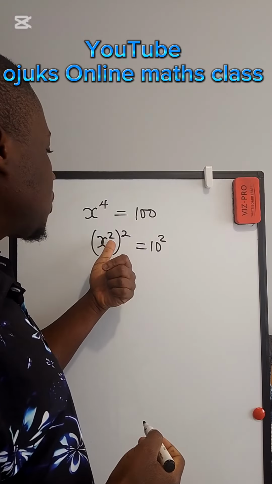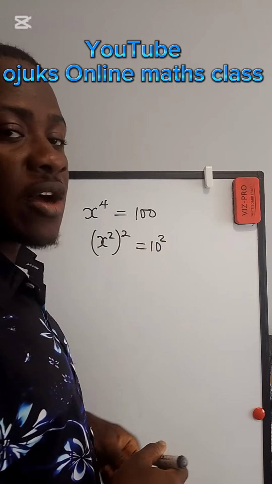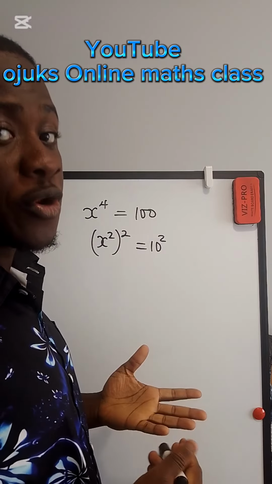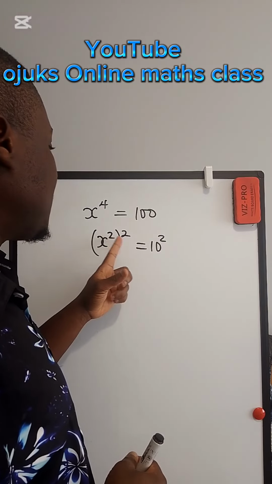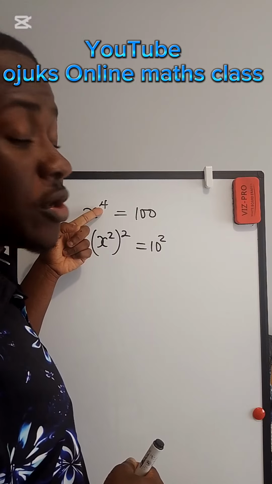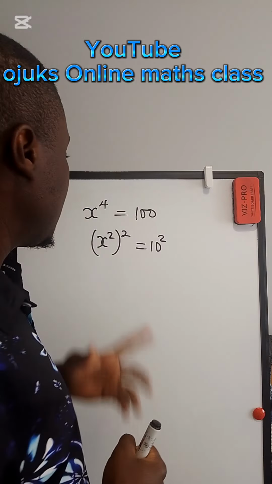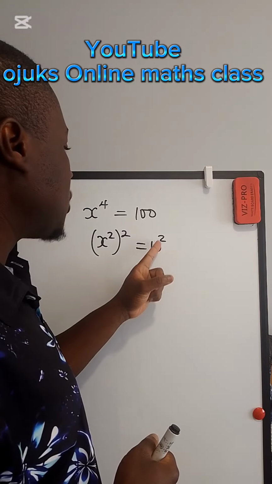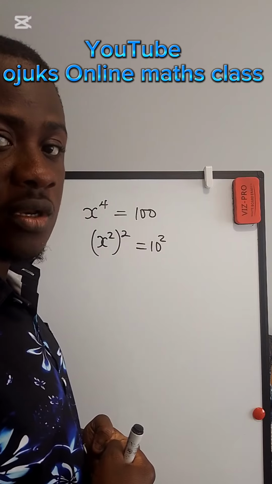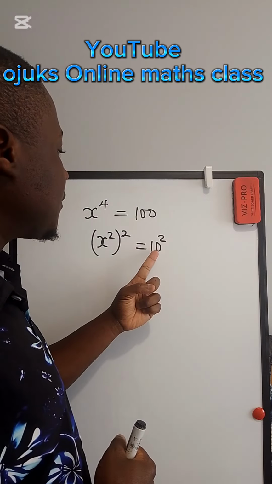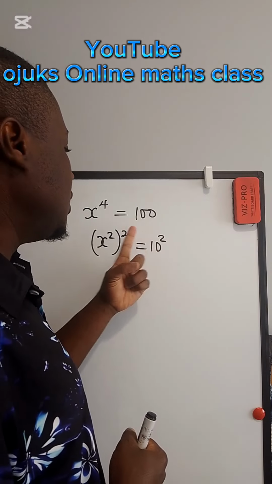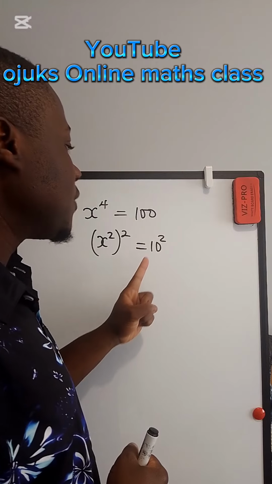Of course, x squared all raised to the power 2, according to the power law in indices, or product power law in indices, if you multiply their powers, we get back x raised to the power of 4. Let's keep going. If that be the case, 10 raised to the power 2 as well is equal to 100. Now we're going to transfer this 10 squared to this side of the equation,